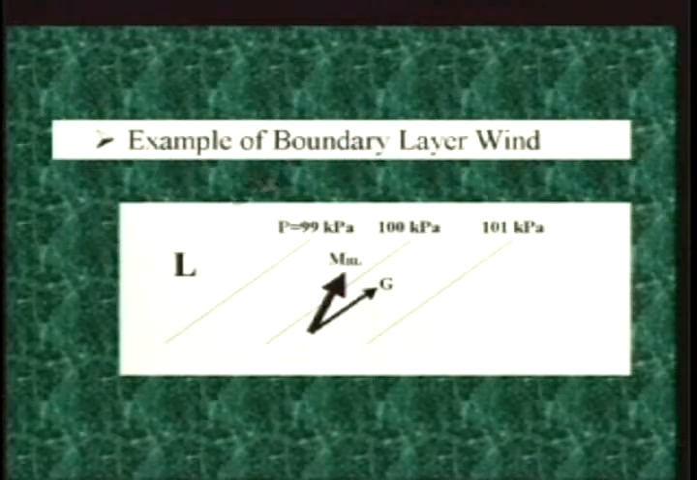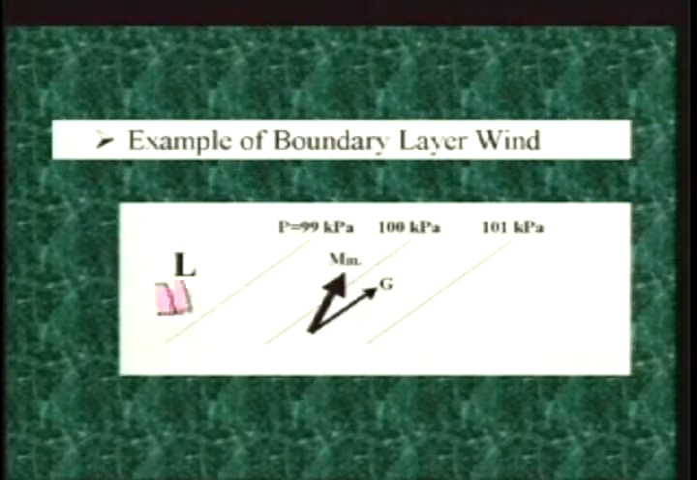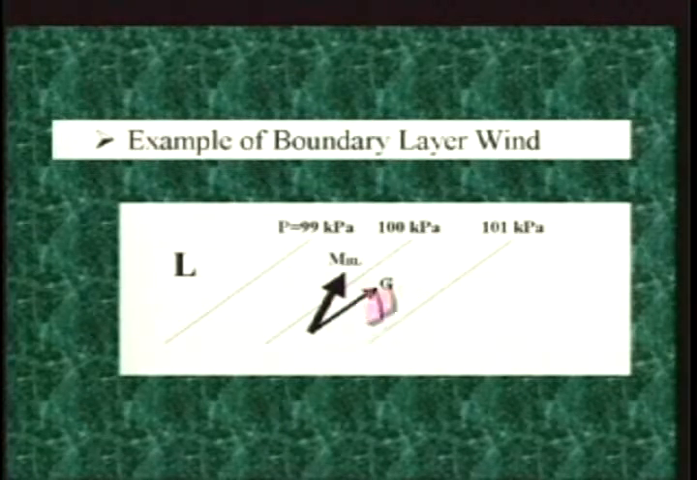Here's an example of boundary layer wind. This line right here is representing 99 kilopascals, 100 kilopascals, 101 kilopascals. So lower pressure on this side, higher pressure over here. Our gradient wind, or geostrophic wind, or whatever we're dealing with here, our wind flow typically would be with these contour lines. However, the boundary layer wind is going to curve slightly in toward the lower pressure. The wind will pull in towards the lower pressure, so it's going to curve to the left in